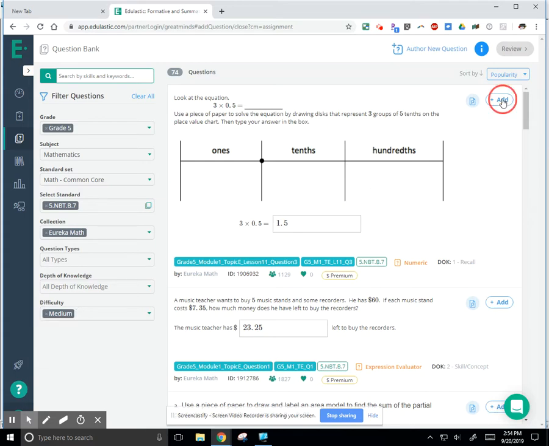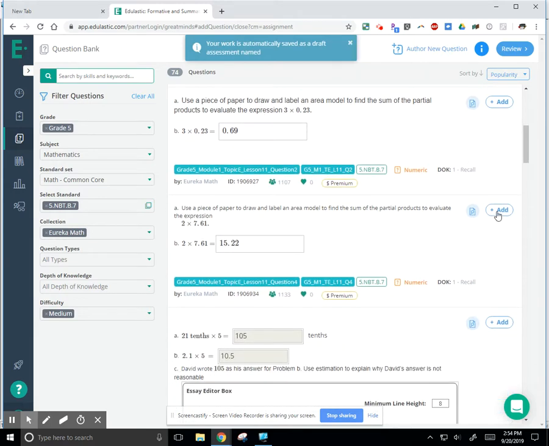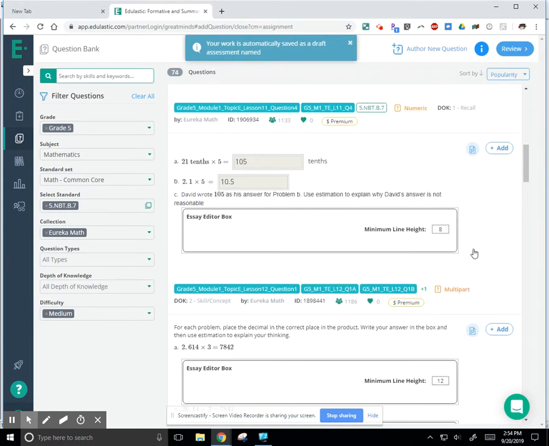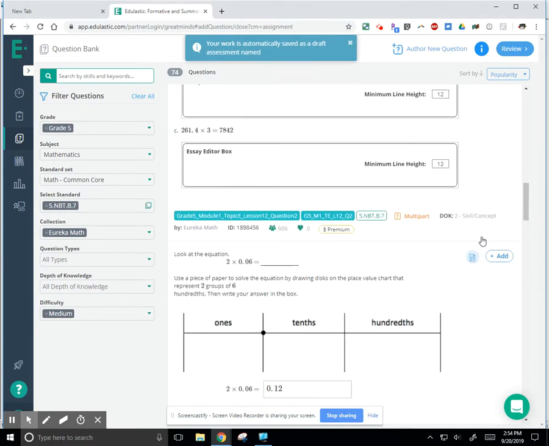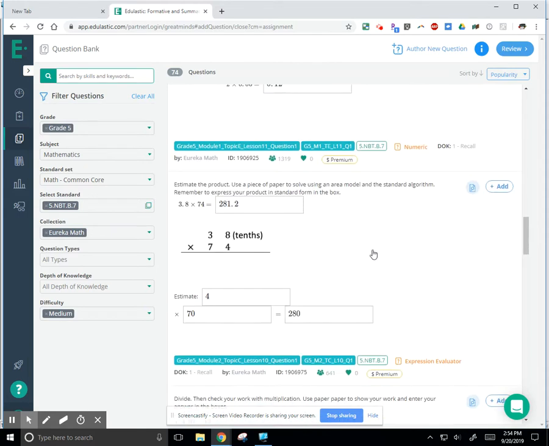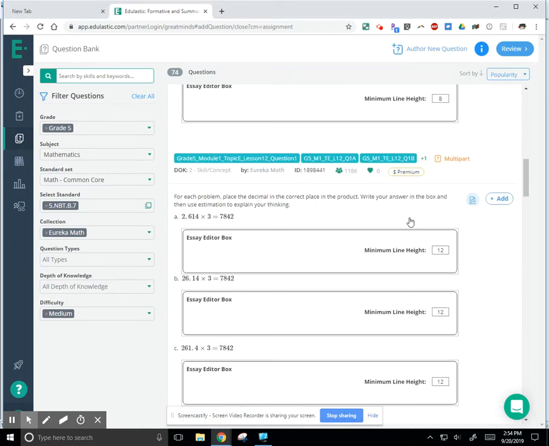So say I wanted to add this question, and I'm just randomly adding questions, but I do like this part because if I find a question difficult to understand, then my students will. So I just find questions that I would understand if I were taking the test as well, because that means that's what I taught. So say I selected my questions, and you can select as many as you want. You're then going to click review,